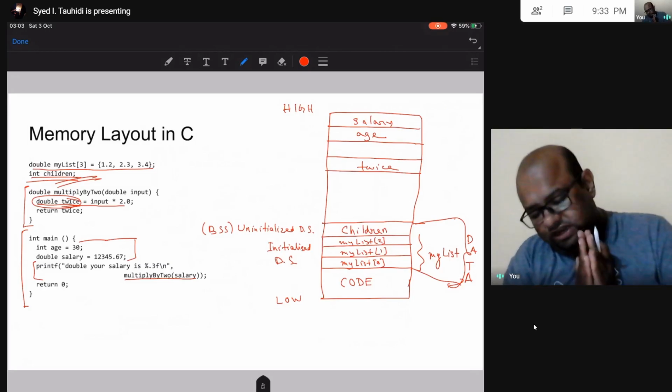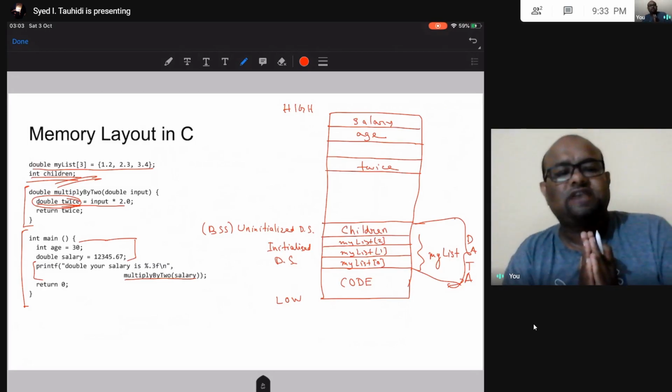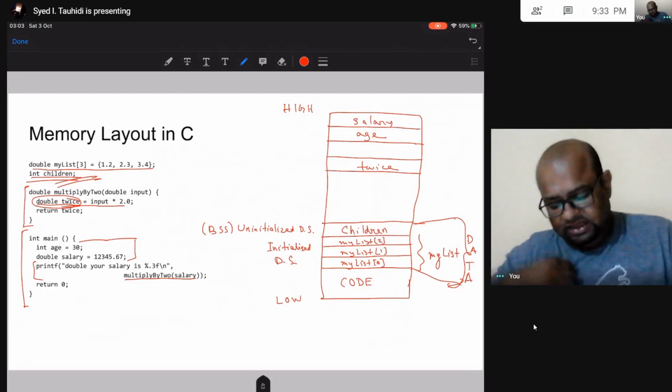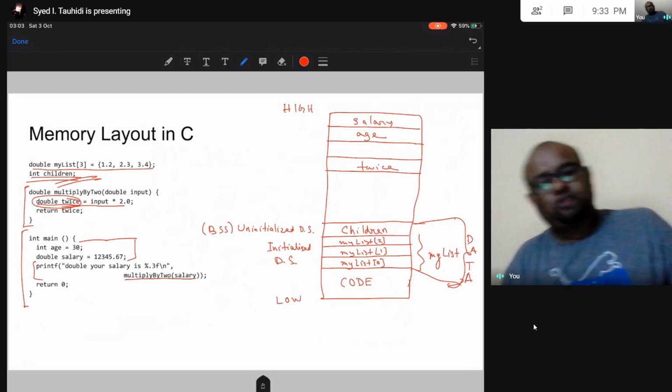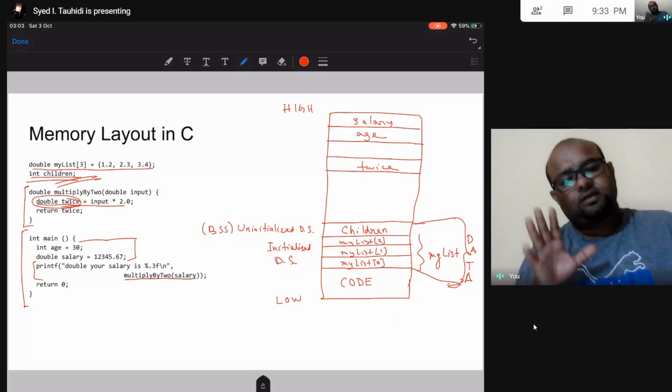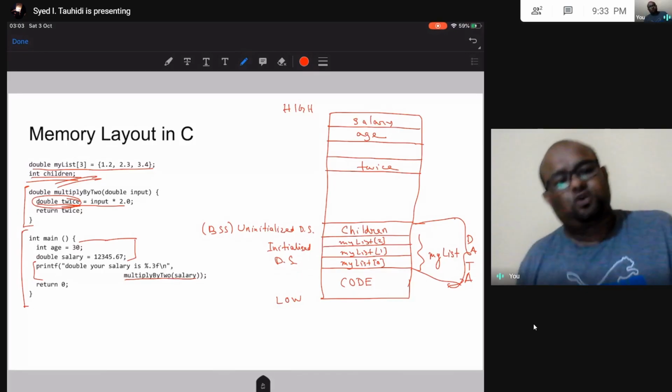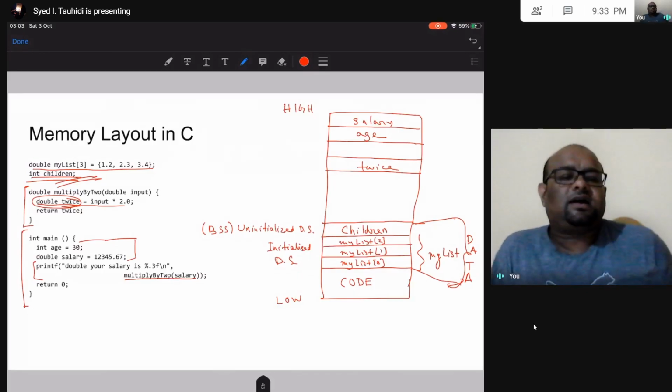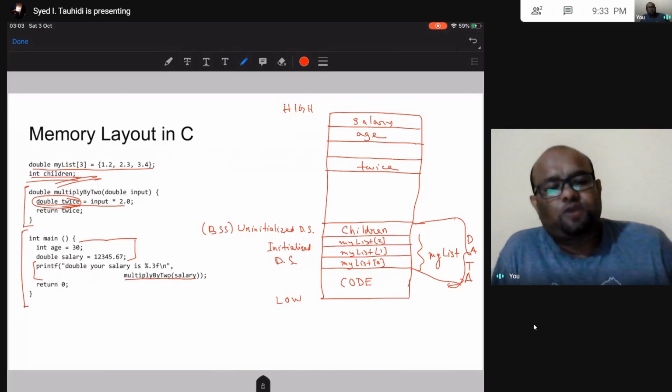But there is one more thing that I want to talk about. I already said that when calling functions, when multiply by 2 is called from the main function, apart from allocating this space in my stack for the local variable, the base pointer and stack pointer are going to be pushed to the stack.